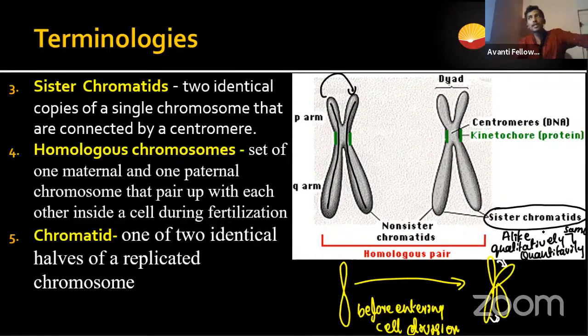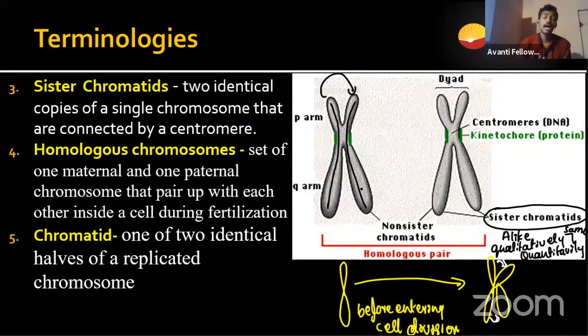Quality means the product of the gene, like the color of the hair, eyes, or skin, which is coded for by the genes. Then the quantity means the number of nucleotides. Because they are exactly alike, the number of nucleotides in this region and this region